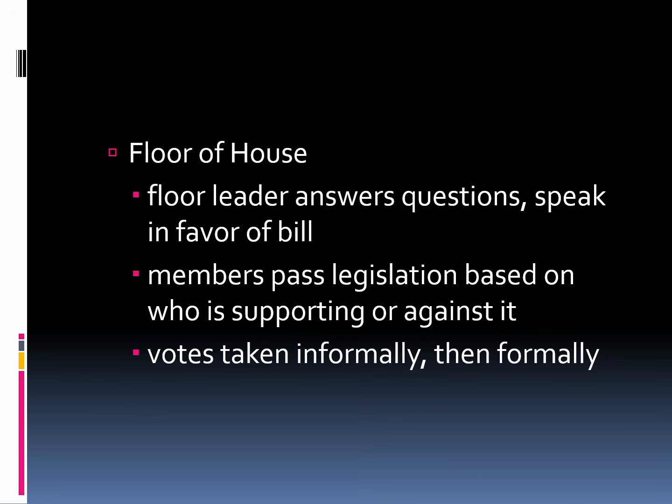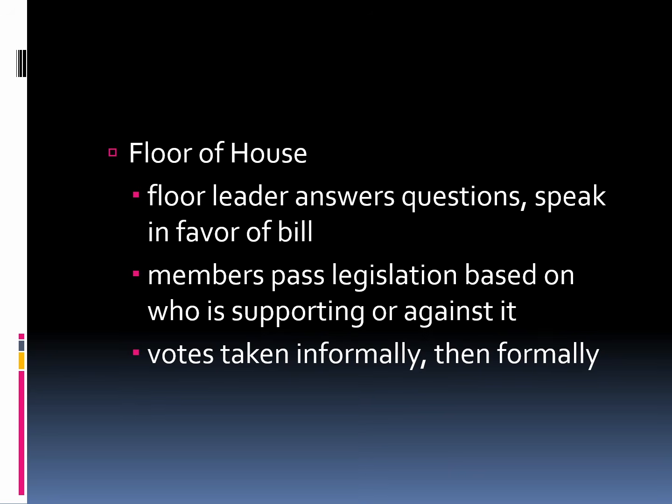And because there are so many pieces of legislation coming through, the House of Representatives tends to depend on other legislators. If they say, oh, you know what, I usually vote the same way that one over there votes, so let me see how he's going to vote, and I'll vote along with him. Or if there's a legislator that this particular one says, oh well, I'm always against whatever he votes for, so I'm going to see how he votes, and I'm going to vote against it. So that's an informal way of understanding what's going on.